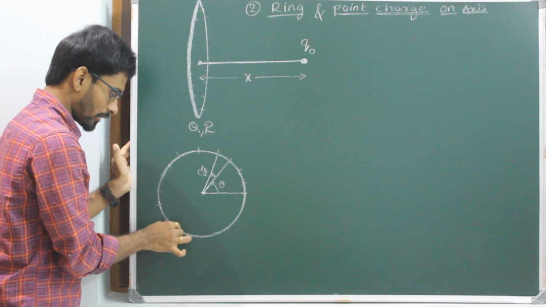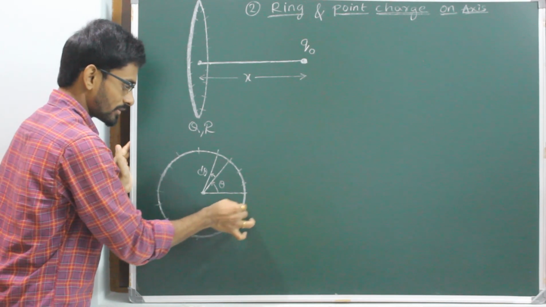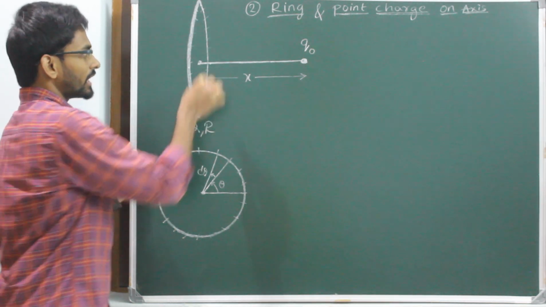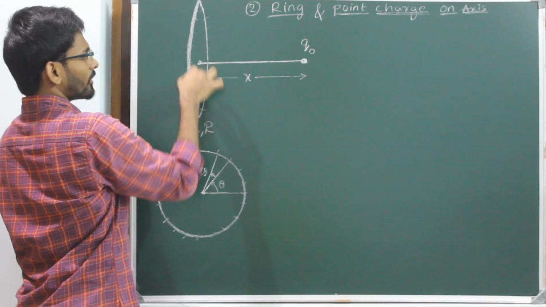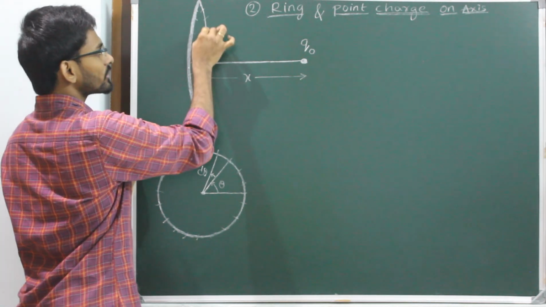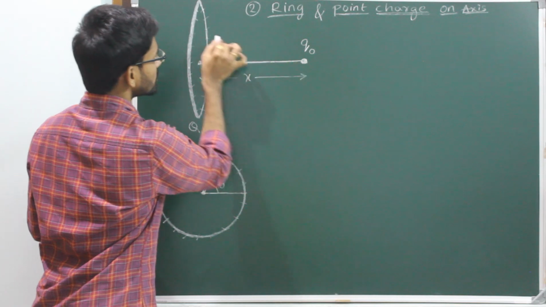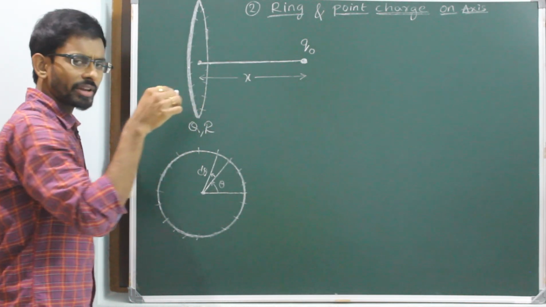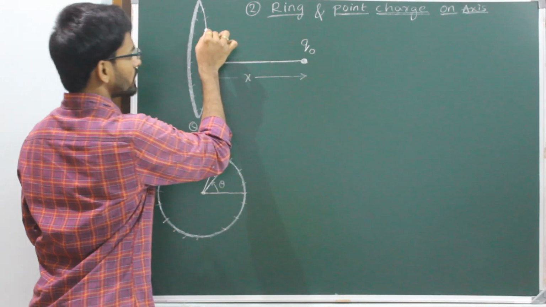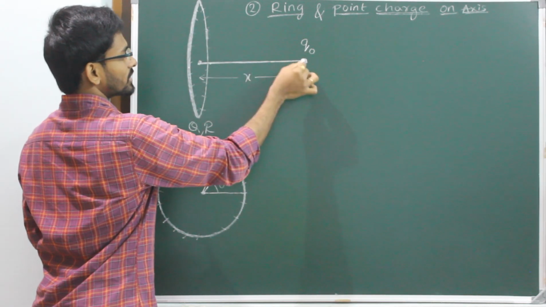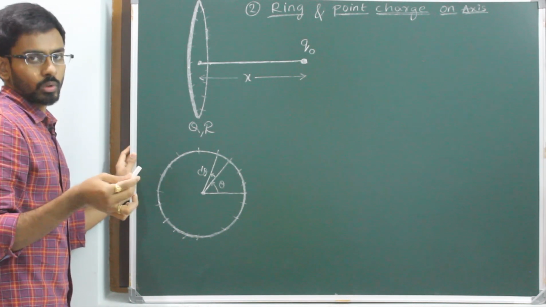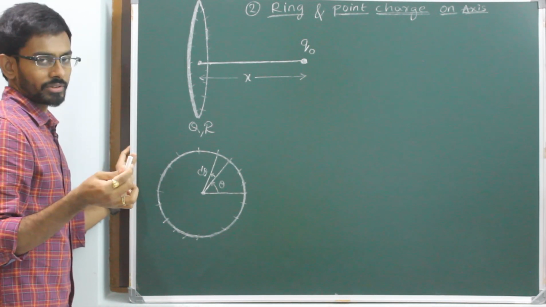Now we have to pick one of the elements. The second step: once we have broken it, we should be able to find the force due to each and every element. So once you have broken it, cross-check whether you can find the force due to this element, and yes, I can find this distance. As it is a point charge, we are breaking it infinitesimally small, so that each element will be a point charge. We can find the distance between these two, and once you know the distance between these two points, you can use Coulomb's law to find the force. So there is no problem with it.